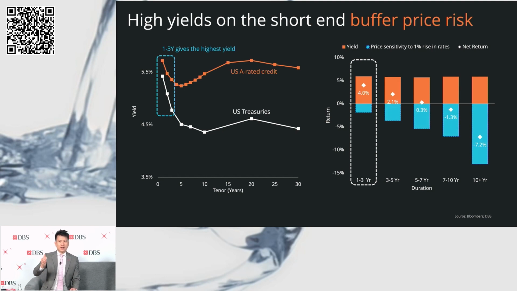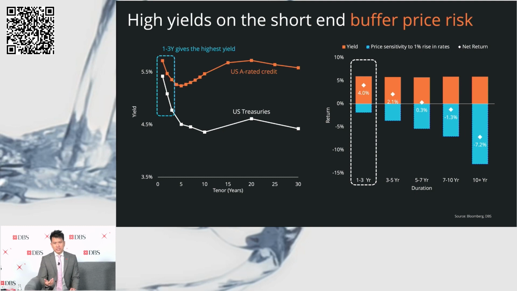And you will notice that in the 1 to 3 tenor bucket, even if interest rates go 1% higher, you will still get total returns of around 4%, which is still largely positive, right? And so this is what I mean by short tenor bonds and why the Liquid Plus strategy focuses on short tenor bonds, because you have a margin of safety and you can manage strong positive returns even if interest rates unexpectedly go higher from here.